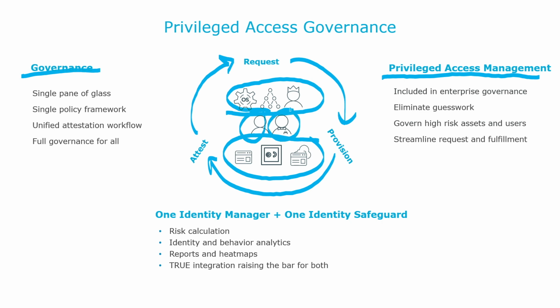So I, as an administrator, have a regular end user account, an email account, and access to expense reporting or whatever. That is taken care of in the enterprise governance. But I also have privileged access. I have permissions within privileged accounts. I have workflows that apply to me within the password vault. You need to attest to those as well.